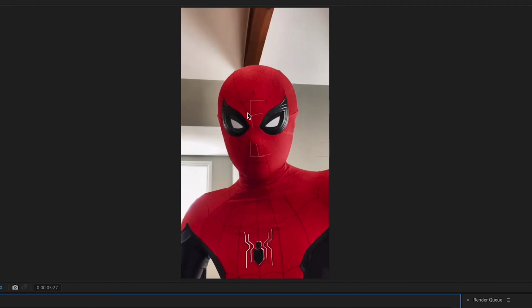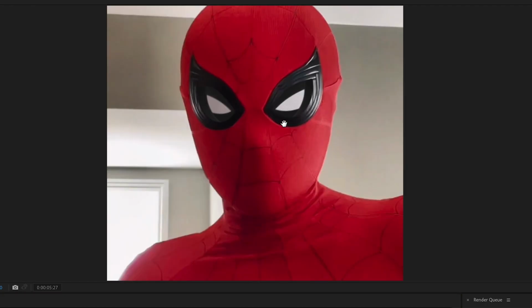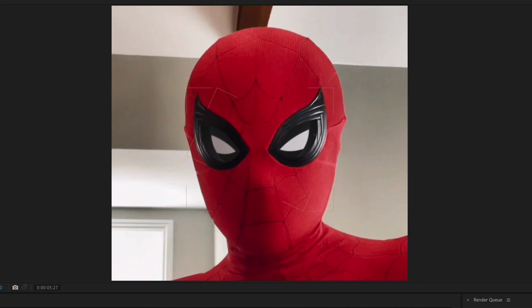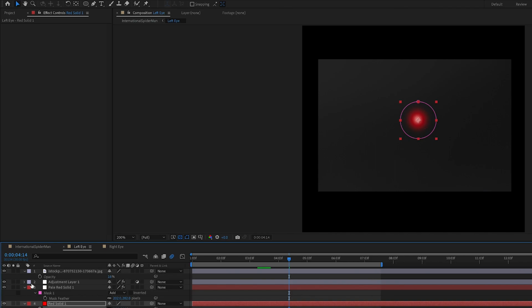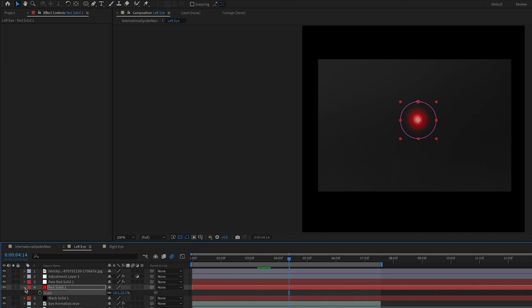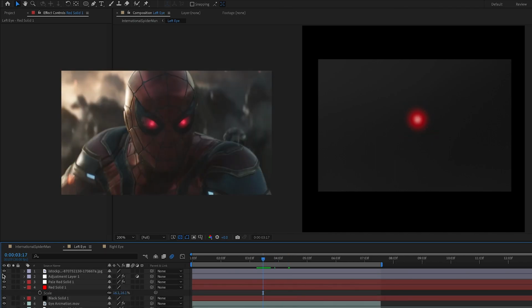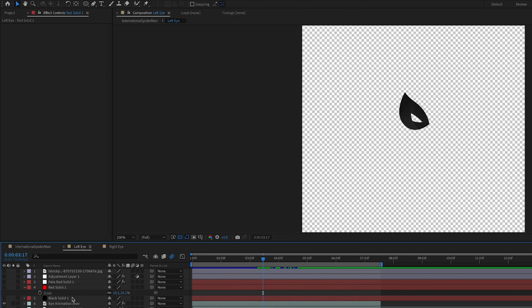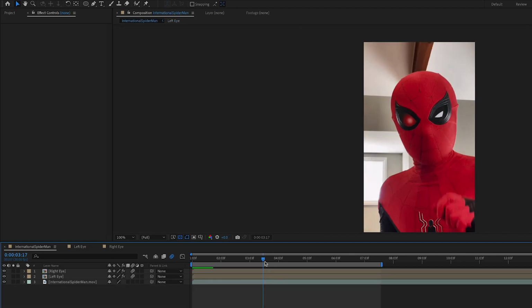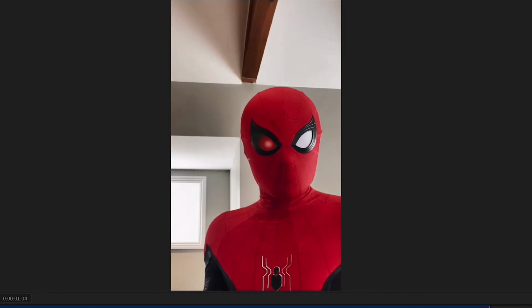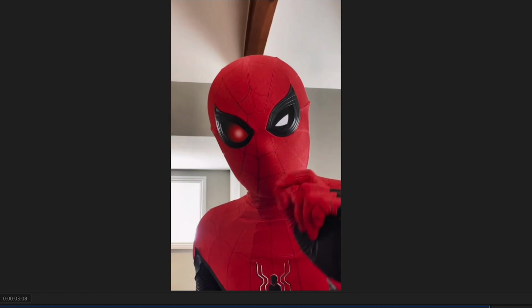Another thing we can do with this, because we have his eye perfectly tracked, is spend some time. And if you mess around for a little bit, you can do much better than this. But I tried to make it look like you had the instant kill thing. I put a little faded red thing, a white thing, an adjustment layer to do a little displacement map of some glass or something I looked up on Google. And it looks pretty bad, but if you took time with this, this is just a tool to motion track